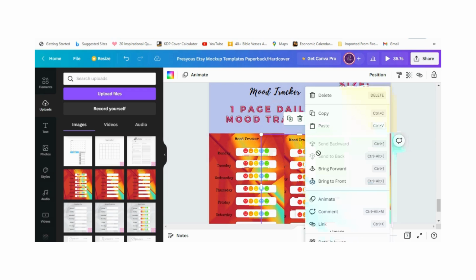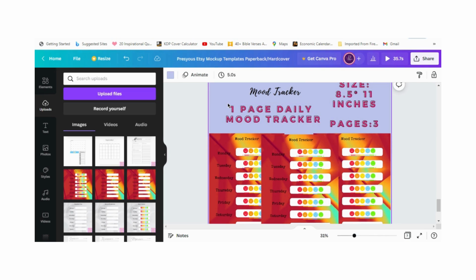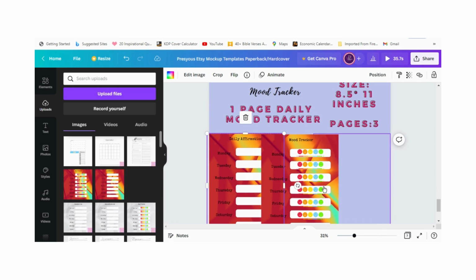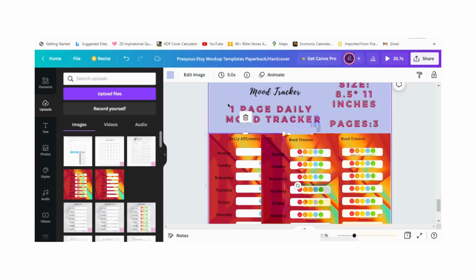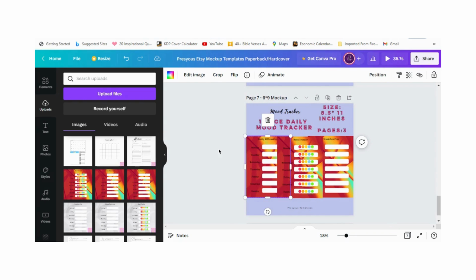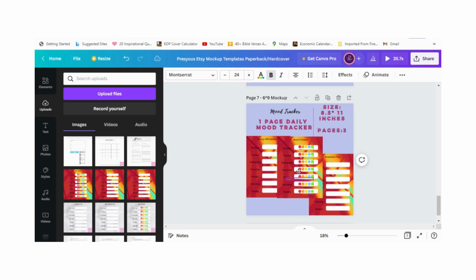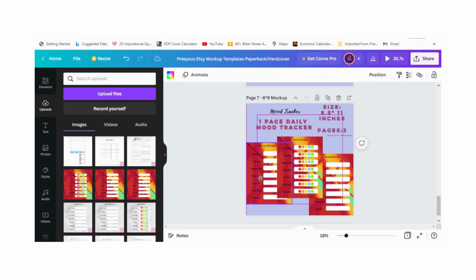As far as moving it around on the page, I sometimes resize it by mistake, so I always have to come back and redo it anyway. So that's 6 by 9,